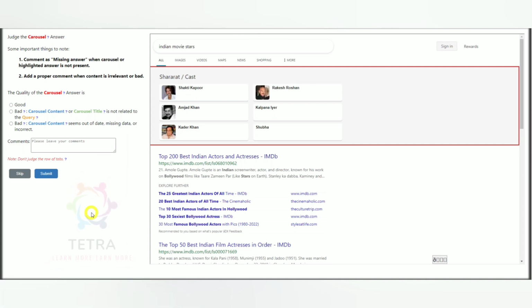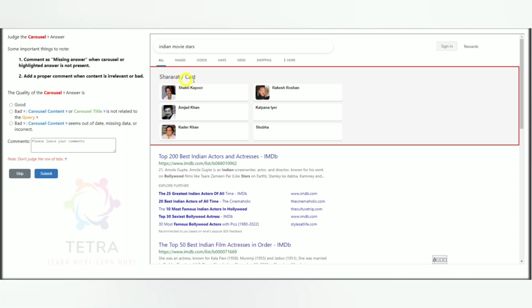So this is the next query, Indian movie stars. We can see Indian movie stars, and what are the names? Kalpana Iyer, Shubha, Shakti Kapoor, Kader Khan. Those are Indians. As per the user query intent, the user is looking for Indian movie stars, and here we can see the carousel title and the carousel content.